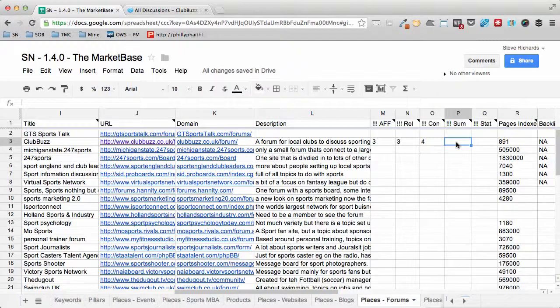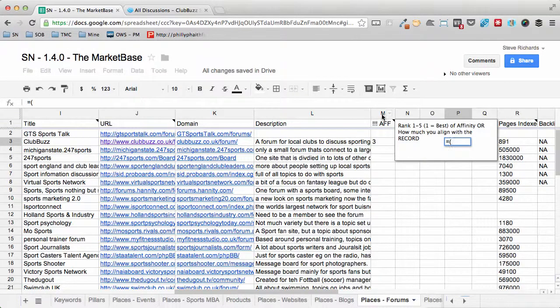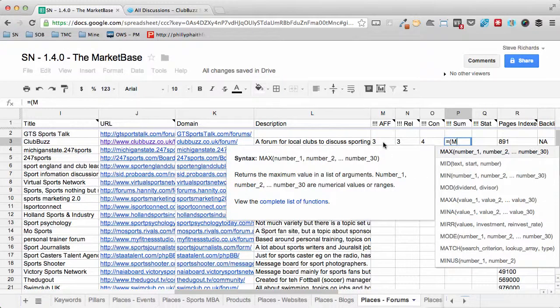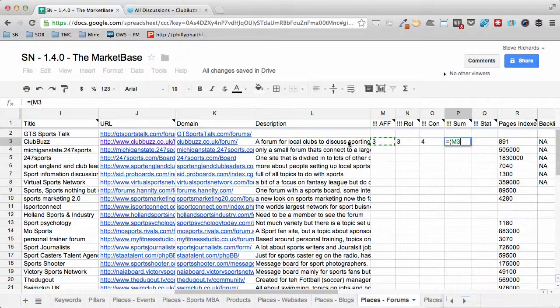equation. So to create this equation, we just go equals and then open up a parenthesis, and we choose these ranking columns. And the way we do that is we find M, which is the affinity ranking. So we'll go M, and then we find the row number, which is 3 in this case. So we go M3, and then we hit the plus sign, and then we go over to the next one, which is relationship, which is in the N column. So we go N3, and you can see that these highlight,